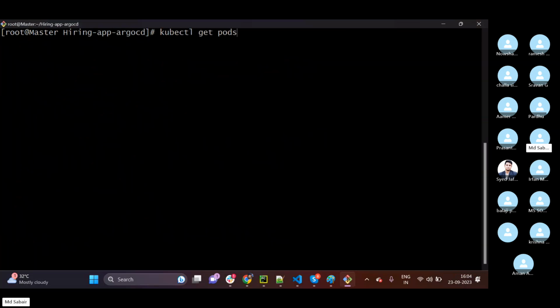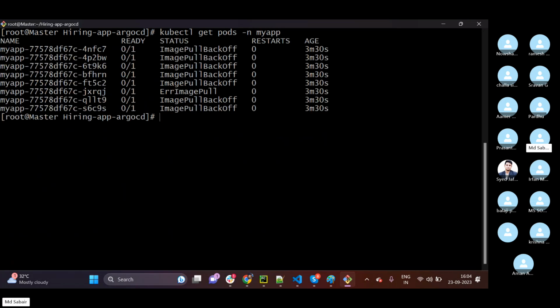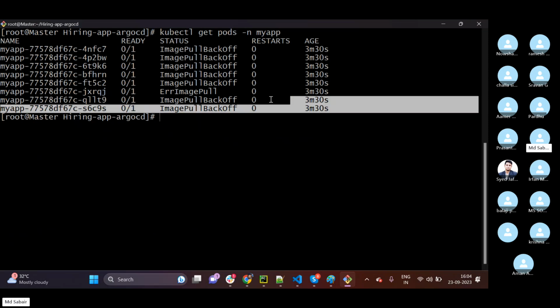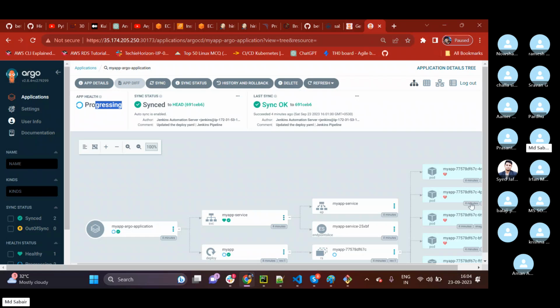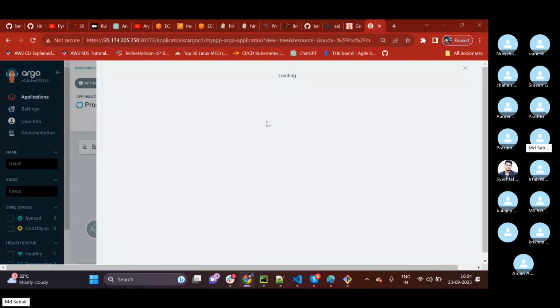kubectl get pods -n my app. See, 8 pods are running, but we are seeing some issues. The pods are not healthy. The same status we are able to see on the Argo CD dashboard as well. If I click here,